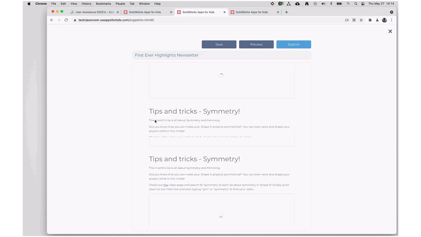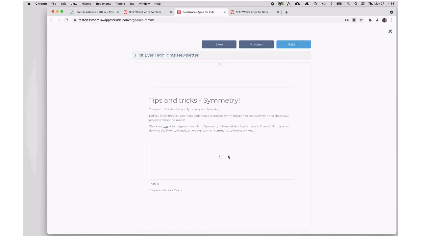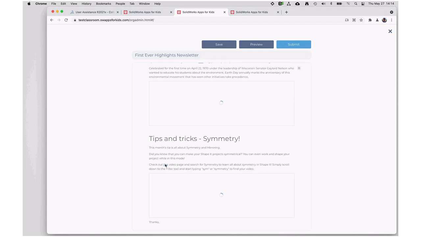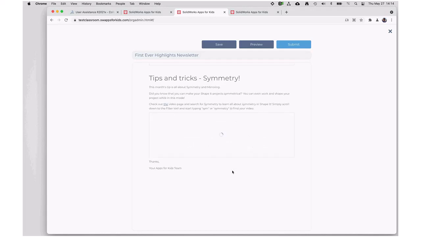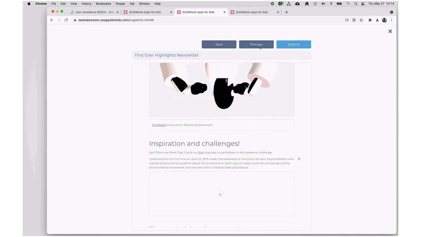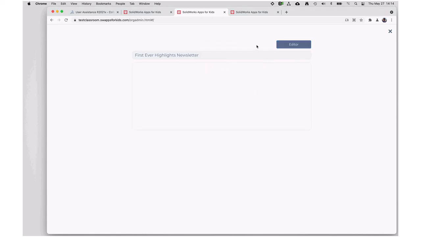And then the same here, I don't know why the picture's not working in this case, but the pictures don't usually have problems. Again, we would just create a link to the video page to find the symmetry video, and that's how it would look. So the way that this really looks, if I click preview,